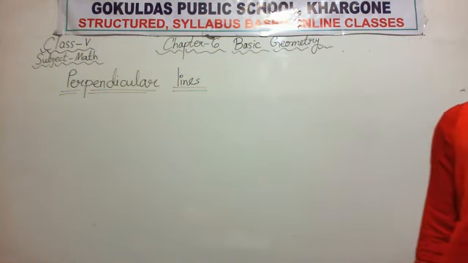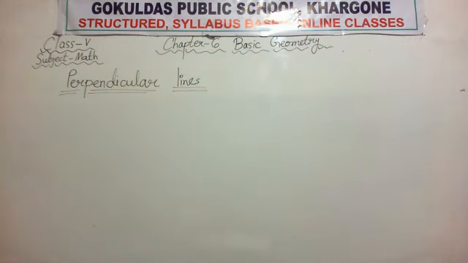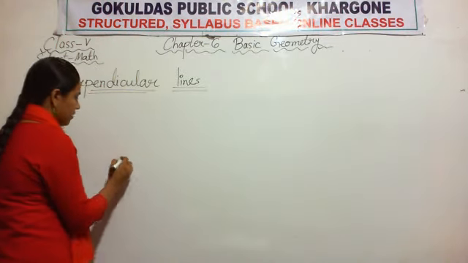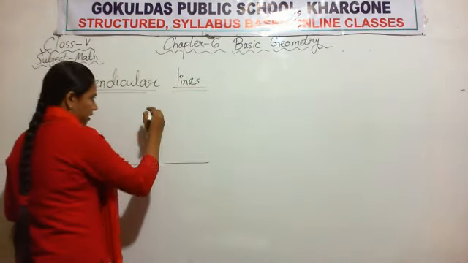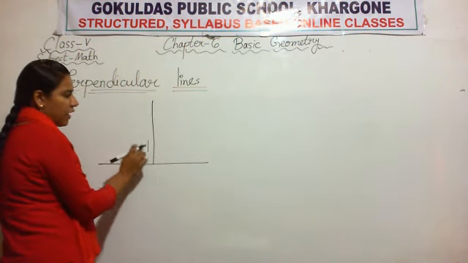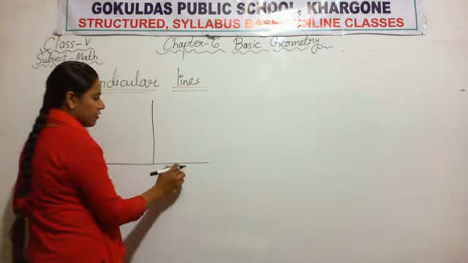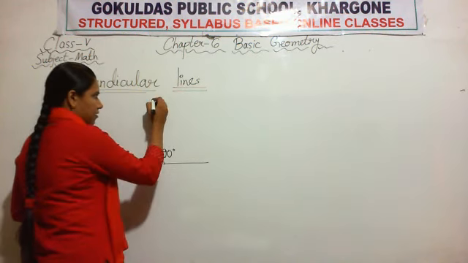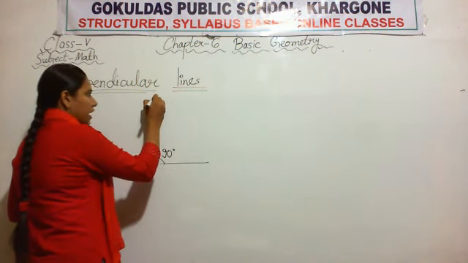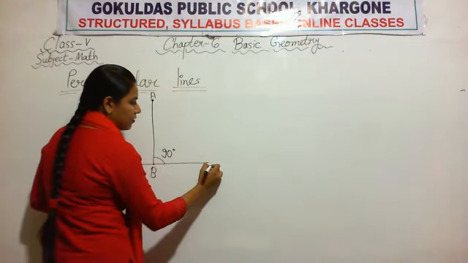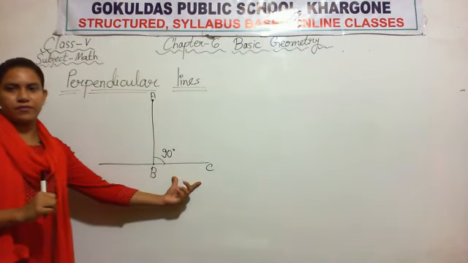Perpendicular lines are the lines when two or more lines intersect at exactly 90 degrees. It means if I draw two lines such that they make an angle, these are two lines, one straight line. If the measure of the angle between these two lines is 90 degrees, let me give a name to both the lines, line AB and line BC.